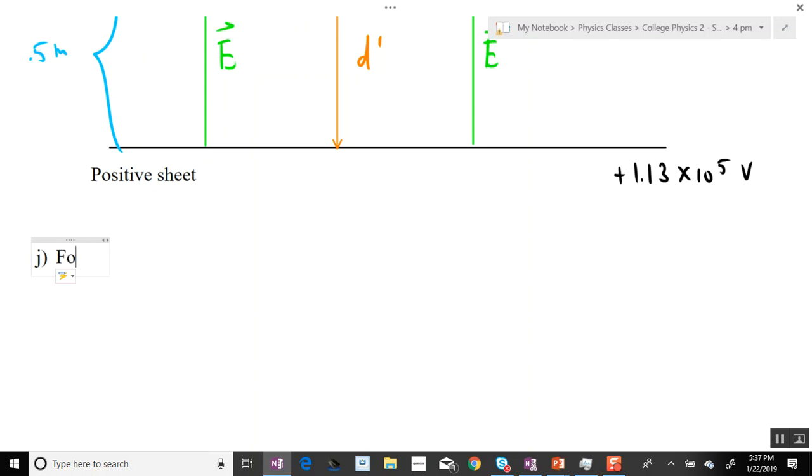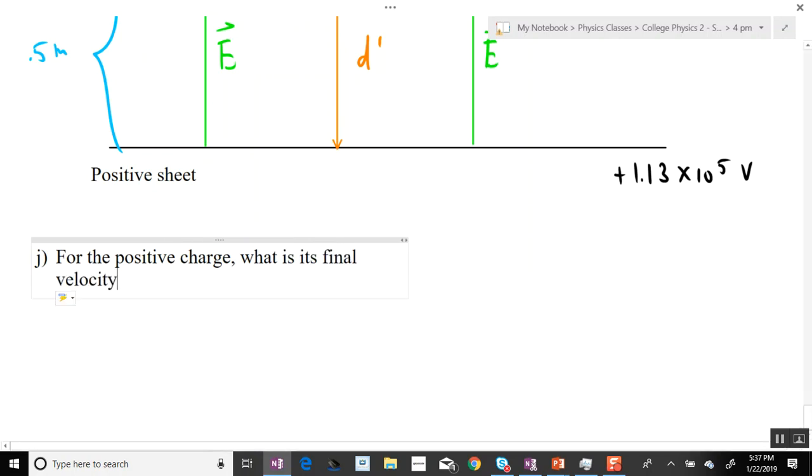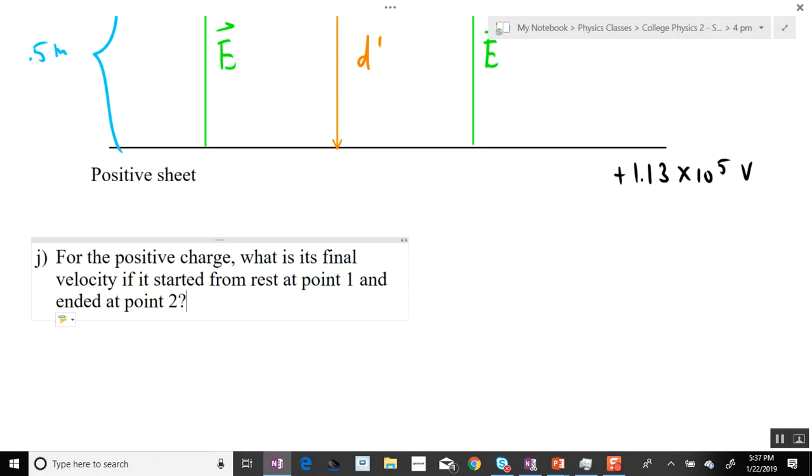And that is, for the positive point charge, this is the reason why we're doing this, or at least one of the reasons: what is its final velocity if it started from rest at point 1 and ended at point 2? It's not the best way to say it. So if it starts from rest at point 1, what's its final velocity at point 2 is what we're trying to say. So the mass of the charge